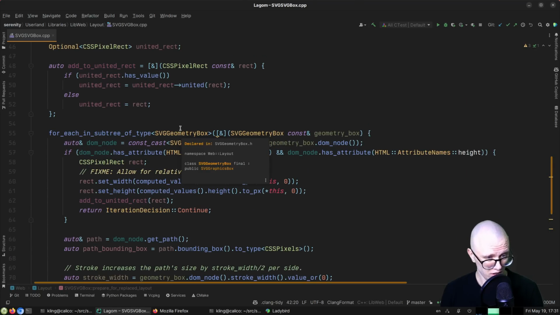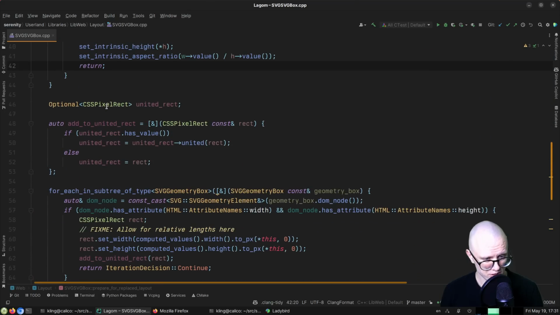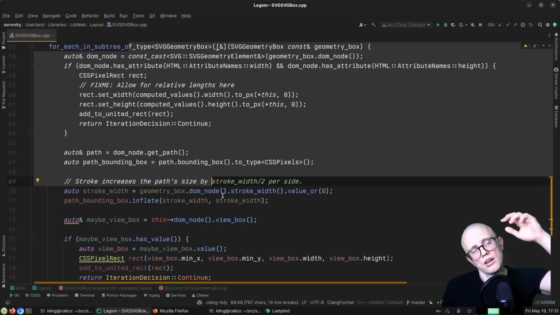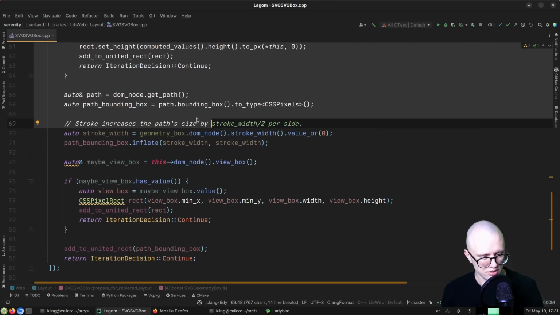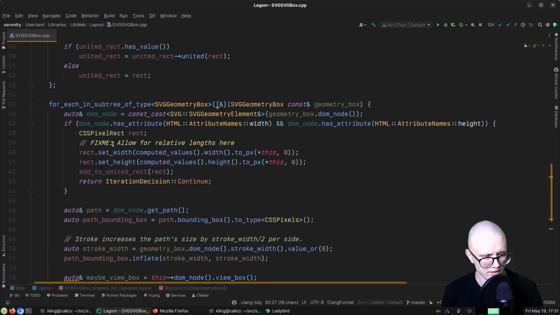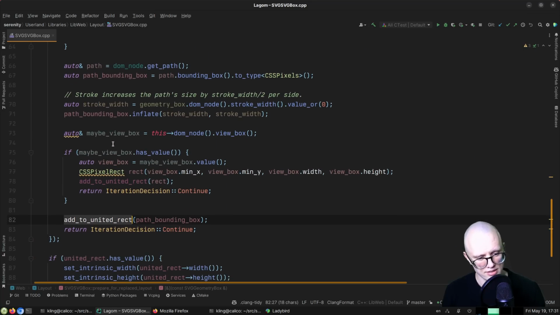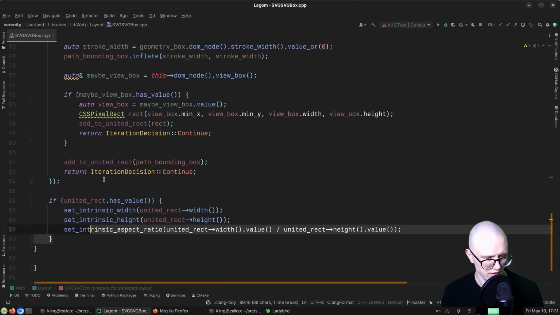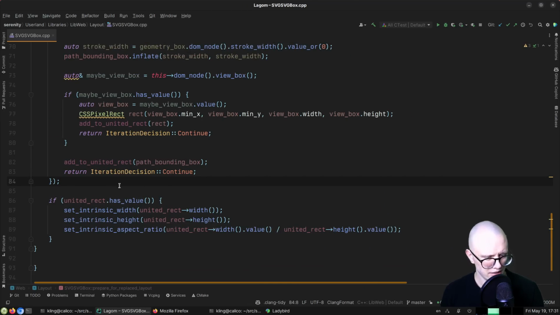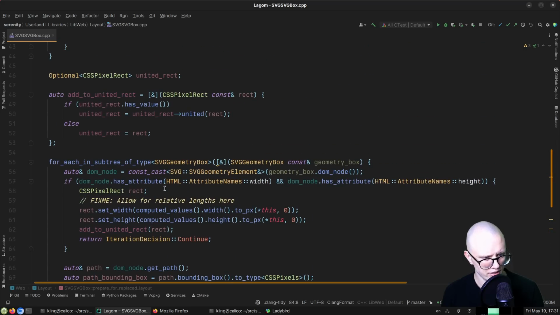For things that don't have a width and height attribute, we iterate over the contents of the SVG and collect the united bounding box of all the things inside of it. I think I wrote this a long time ago. I don't know if that's necessarily even correct, but